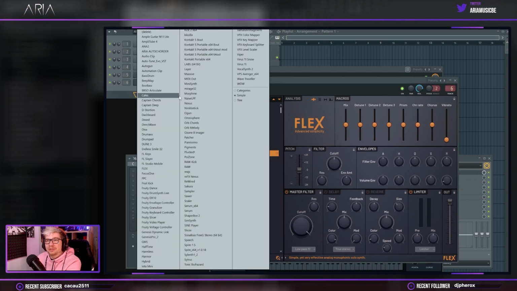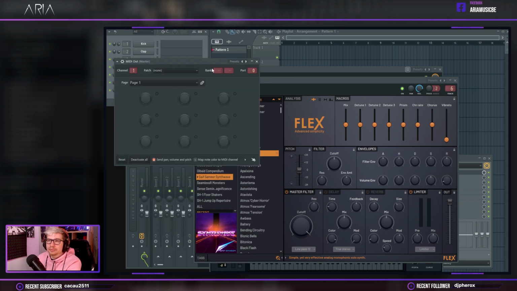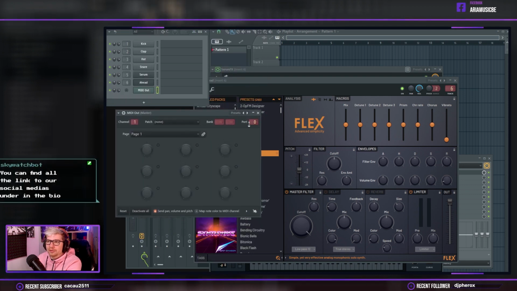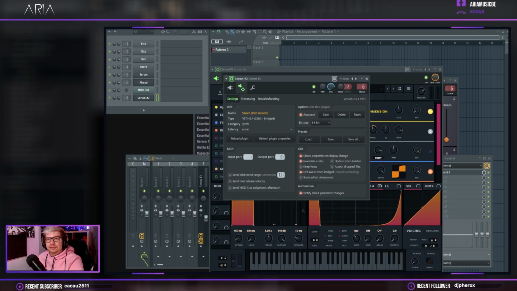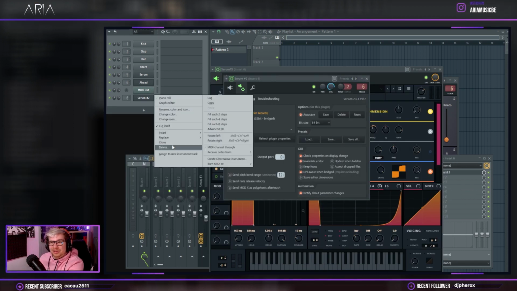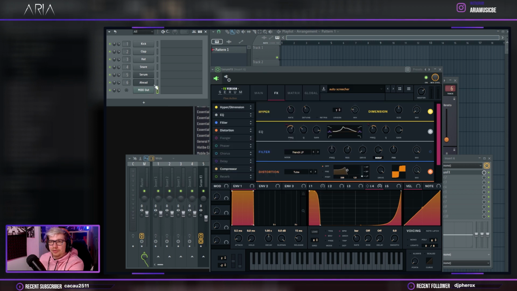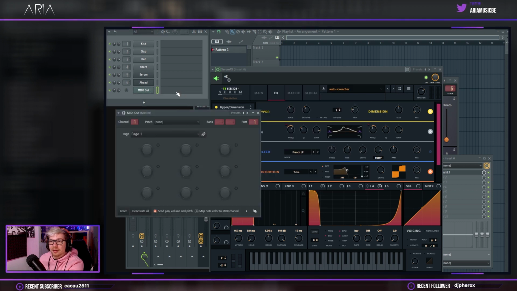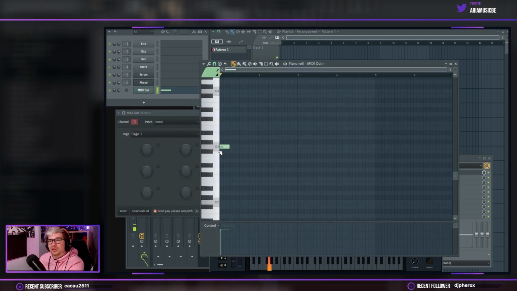Here I will add, to trigger that thing, a MIDI out. Because that's what MIDI out is for, to input MIDI information without playing anything. And it should also trigger the other thing. The MIDI out technique works like a charm, so let's just use the MIDI out technique. So here it's on input port 1. I'll just create here a long note. I'll do the same here. And now